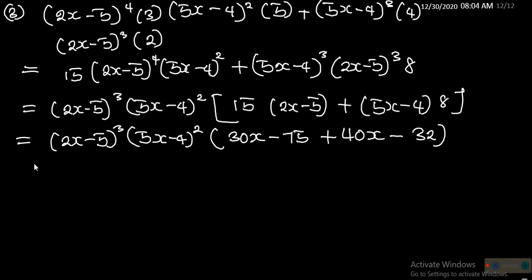Okay, so we can collect like terms in those brackets. Collecting like terms in those brackets will give us 2x minus 5 raised to power 3 into 5x minus 4 raised to power 2